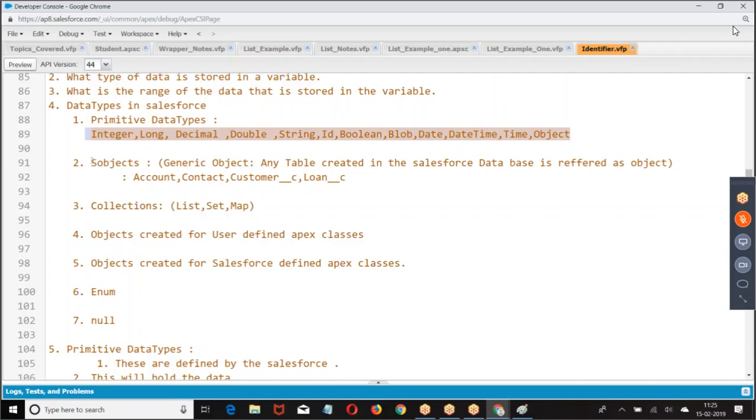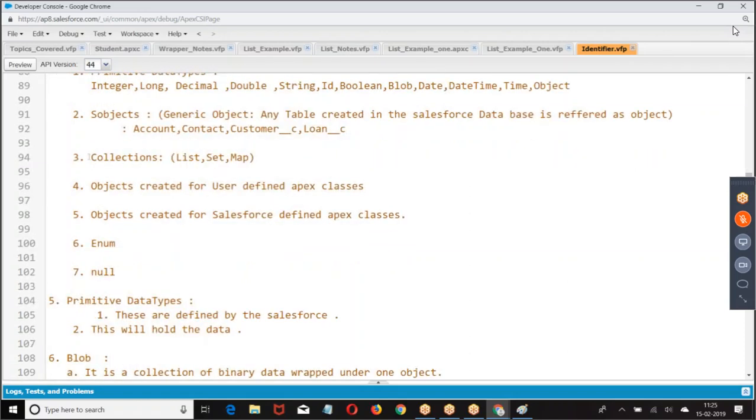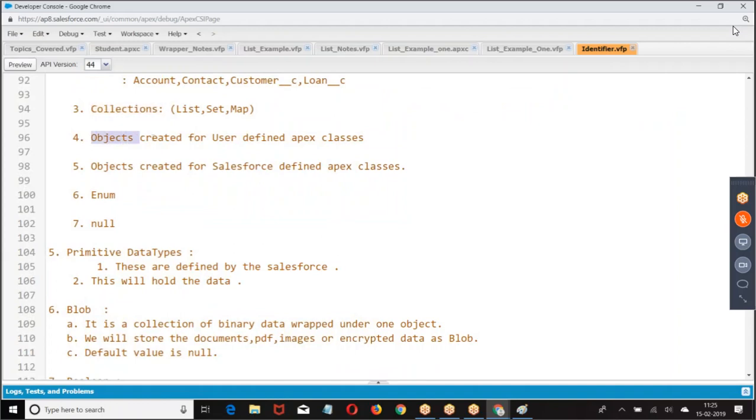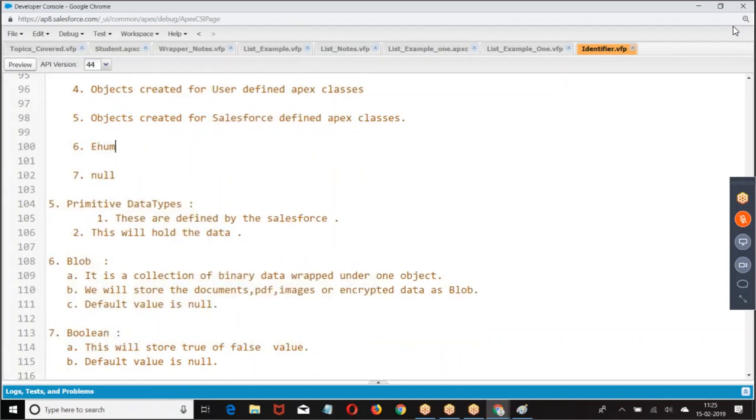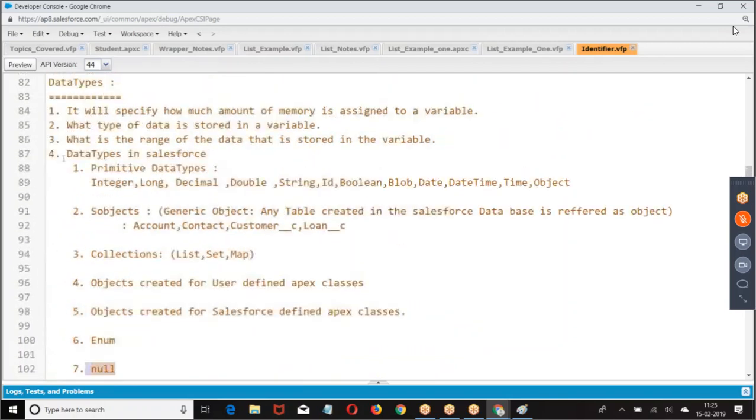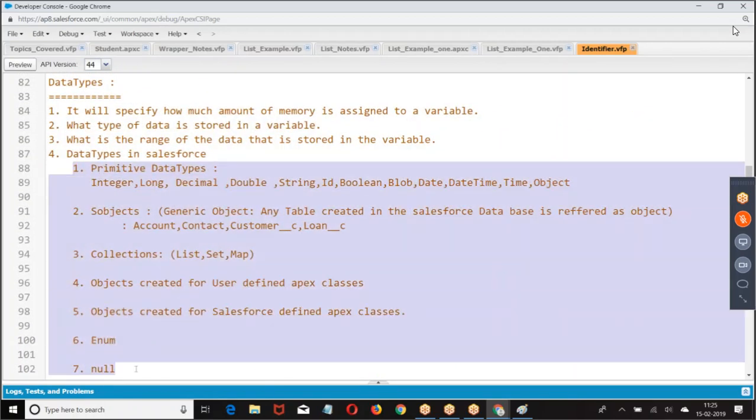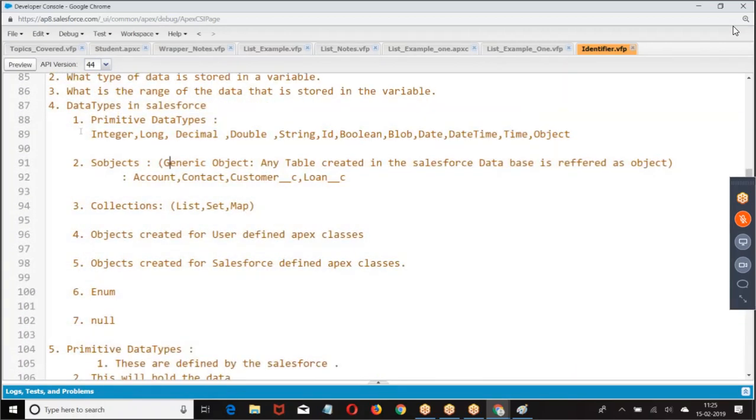What is the other data type? sObject. What is that? Generic object. It can be an account, contact, customer, loan. What is the third type? Collections: list, set, map. What is the fourth one? Objects created for user-defined Apex classes. Objects created for Salesforce-defined Apex classes. Enum, null. There are 7 types of data types. You are only looking at primitive.